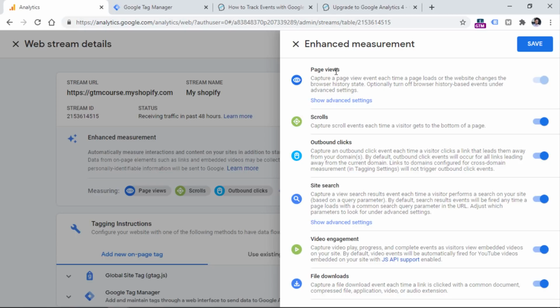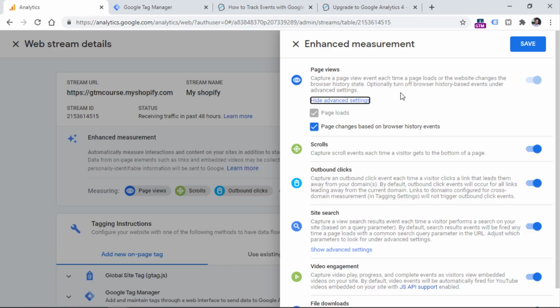For example, on the page views, you can click show advanced option, and then you can choose whether you want to track when browser history events fire or not. Browser history events usually apply for single page websites or single page applications, and they happen when the URL of the page changes while the actual page did not reload. So this means that maybe a visitor was moved to a certain part of the website, or maybe some content was loaded dynamically. The most important thing here is that there was a URL change even though the page did not reload. But if you don't want to track these events, you can disable them by clicking this checkbox.